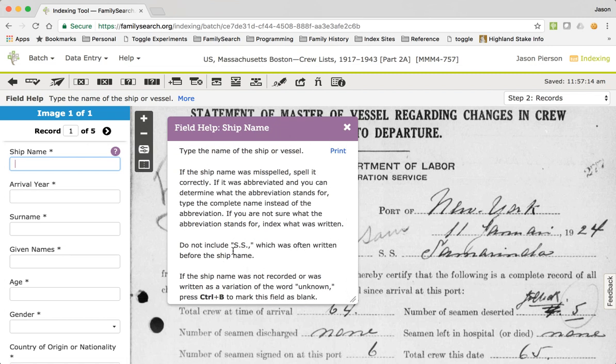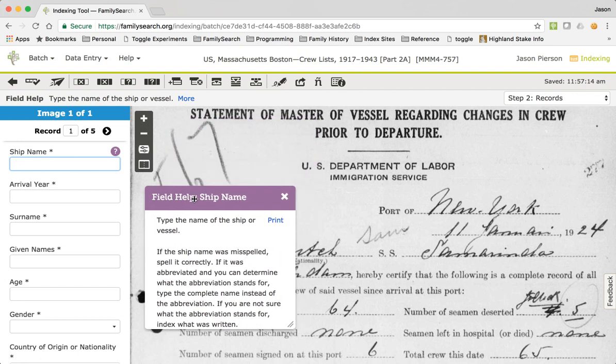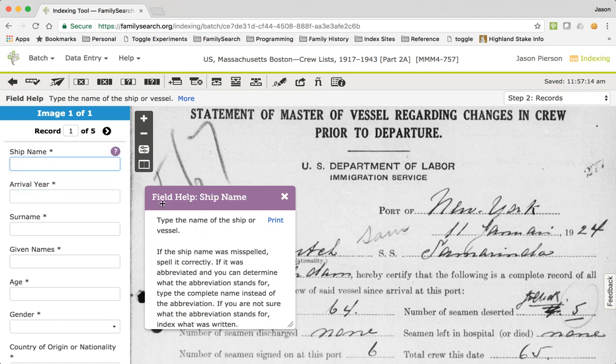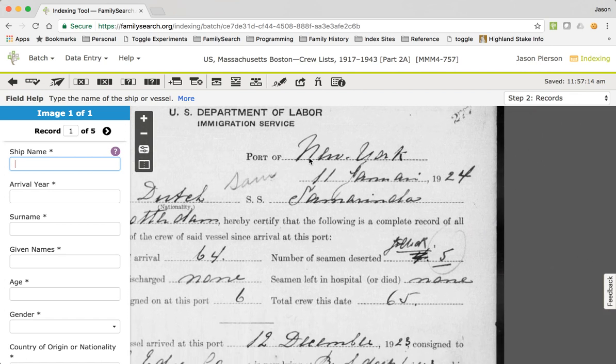For instance, in this project, for the ship name, we do not want to include the SS at the beginning of the ship. You should ignore that. So I can either close the field help, and let me just show you that as I change fields, you'll see that the field help automatically changes with you. So I'm going to close field help,